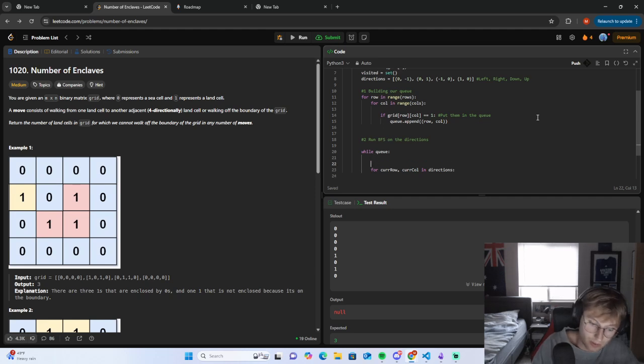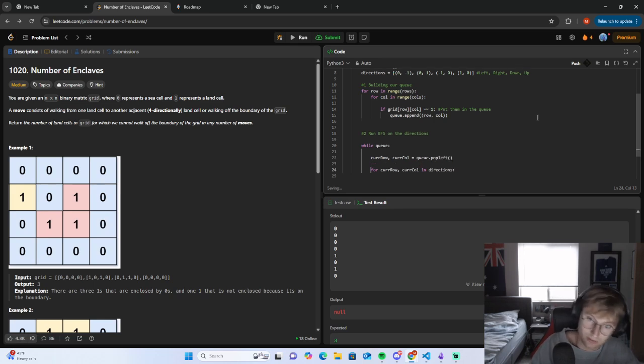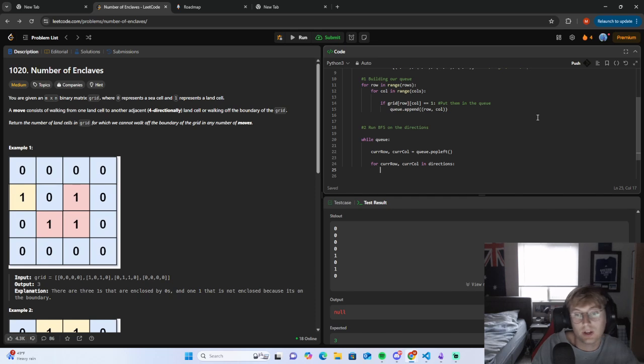We need to obviously pop first, so we need our cur row, our cur col is equal to queue.popleft. Alright, so we pop here, then we check, okay,